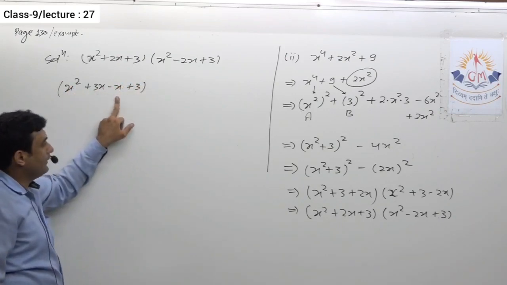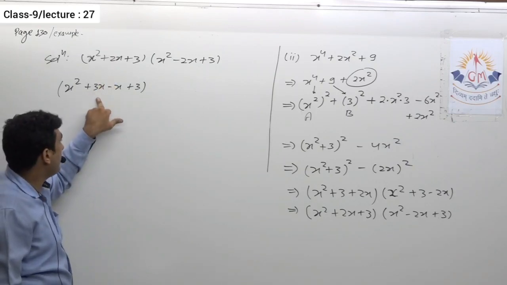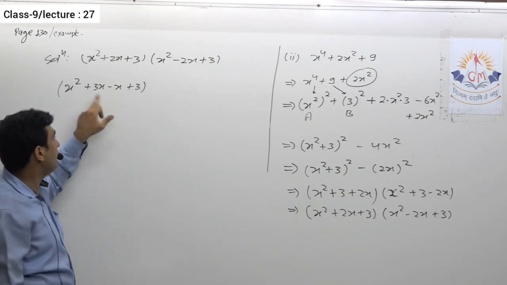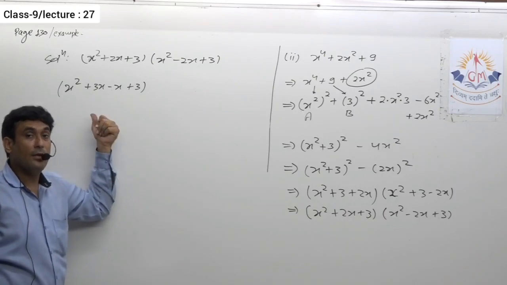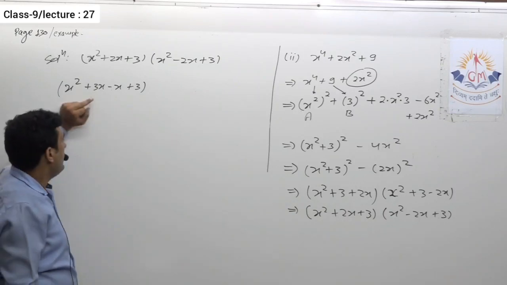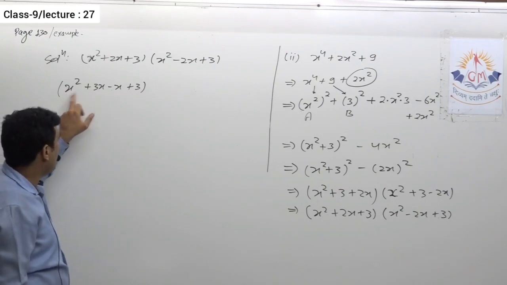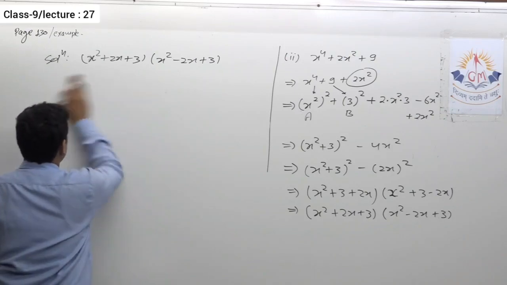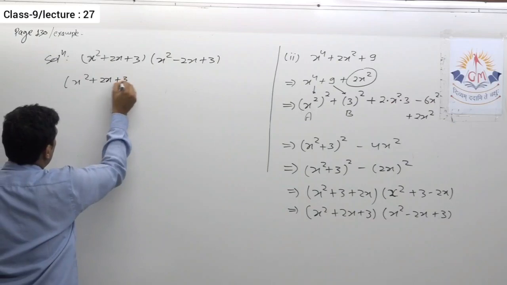Now 3x minus x is definitely 2x, but look at 3x multiplied by minus x. If you remember, I always used to check that the product of these two must equal the product of first and last, which is not the case over here. Why? Because if you multiply these two, you will get minus 3x square, and if you multiply first and last, you will get plus 3x square. That means it is not possible to factorize at least this first part. So I write it as it is.